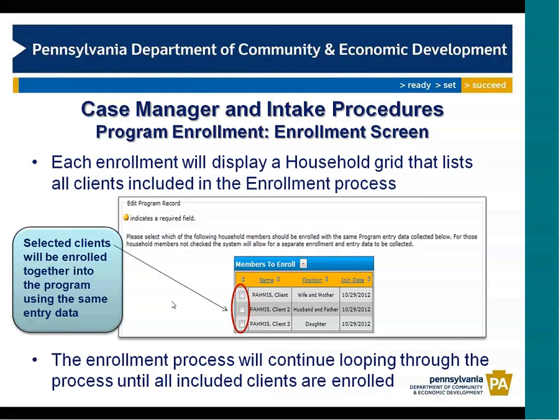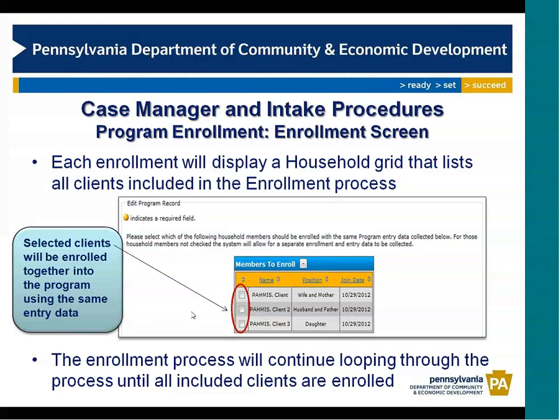This is where you basically have the determination of, hey, what information set do I want to write to which clients during their enrollment? You can select all of them at once and enter. You can select all 3 of them, and whatever data elements you enter, exit date, housing status, they're all going to share those same data elements and write out to the program record. However, you can select one at a time or whatever combinations, depending on how many different sets of data need to be collected